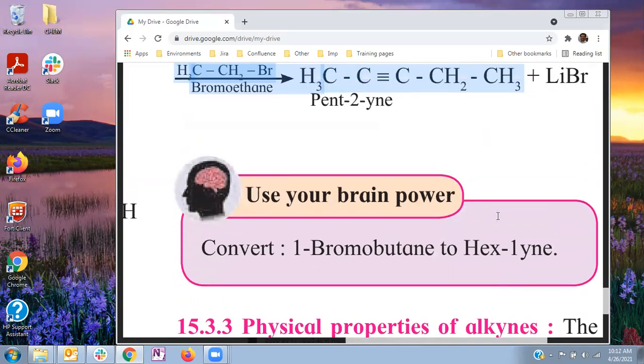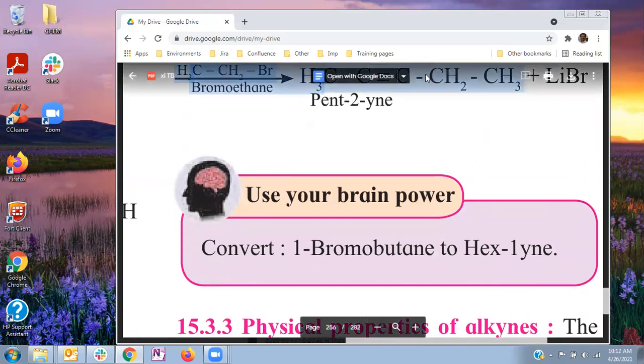And that is about the preparation methods of alkynes. We had studied two types: one is the industrial source and the other is the laboratory methods. In the laboratory method, we can prepare alkynes from vicinal dihalides by dehydrohalogenation and from terminal alkynes using lithium amide. So that is about the preparation methods of alkynes.